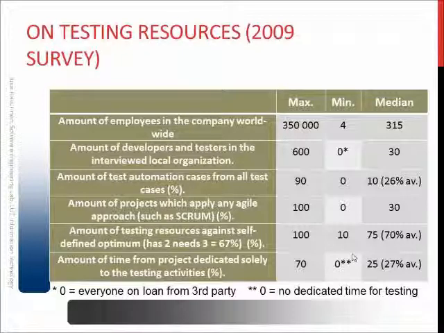Similarly, the amount of time from projects which is dedicated solely to testing activities, meaning that the organization focuses completely on finding bugs, fixing bugs, ensuring that the product works as intended, may get as high as 70%. Meaning that most of the time is actually spent just testing the software. This is understandable in highly critical software. If you are doing something like automated traffic control systems for trains or something to do with aviation, you simply test it and test it and test it until your fingers bleed,